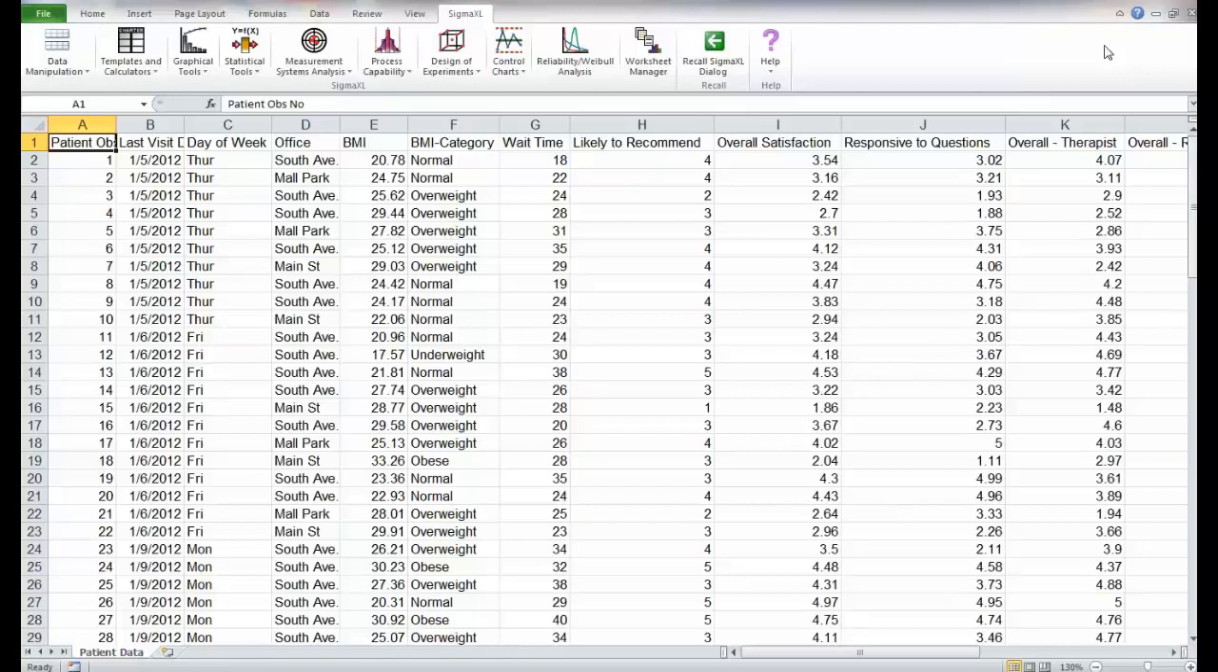Stacking and unstacking columns inside Sigma Excel is one of those things we just have to learn how to do because certain procedures require the data to be in a stacked format. Other procedures want the data to be unstacked. In this case, we want the file open called patient data, and we want to unstack overall satisfaction scores by